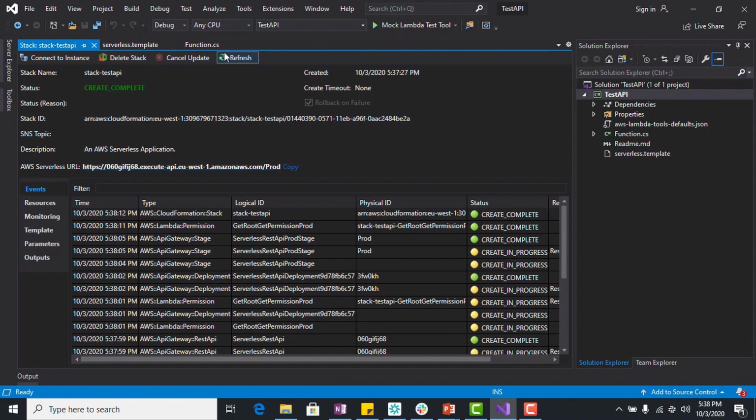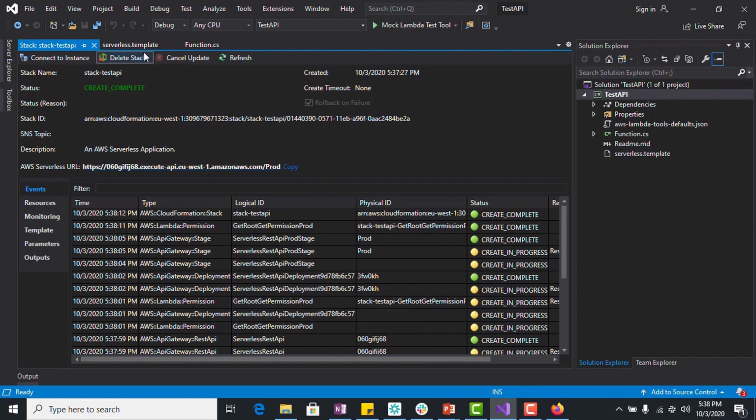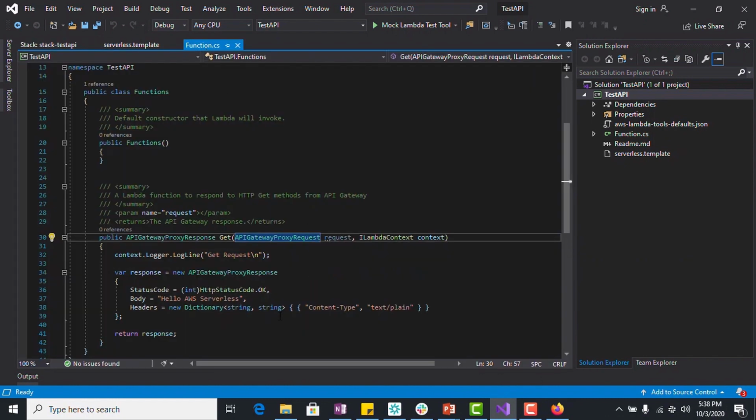If I click on this link, it should ideally show Hello AWS Serverless, because that was the message we are returning as part of the API Gateway proxy response. Let's go back to our code base, and here we can see it is showing Hello AWS Serverless.